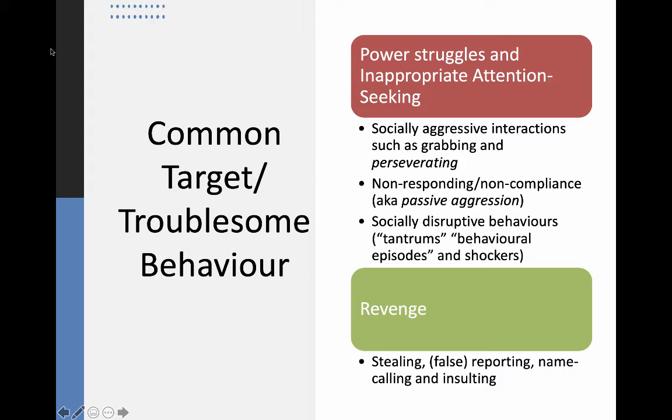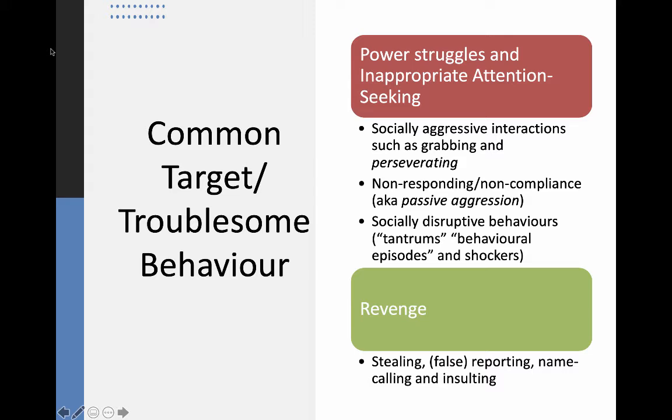We're going to talk about some of the more common behavioral challenges that you'll experience in the workplace. We'll understand why they exist and start talking about some of the tools, many of which we've been talking about, but we'll bring to bear in a more organized and specific fashion to help you understand how to address these common behaviors. These behavior problems are often referred to as target behaviors or troublesome behaviors.